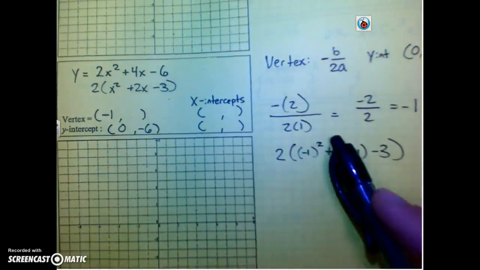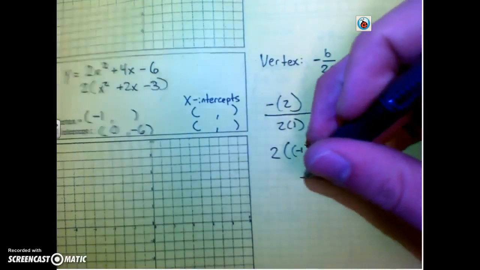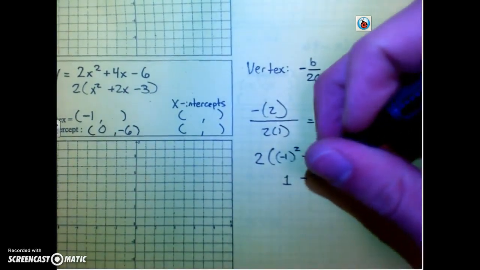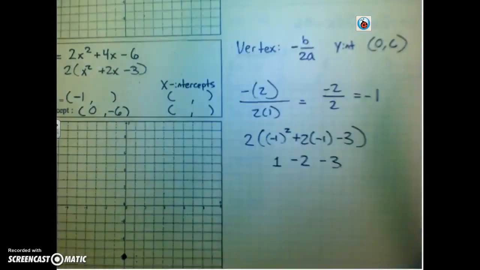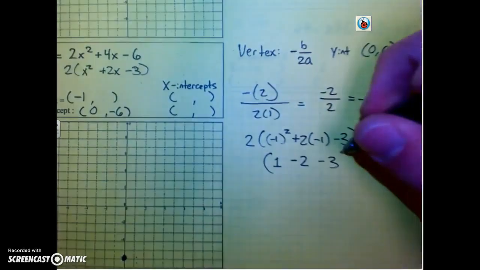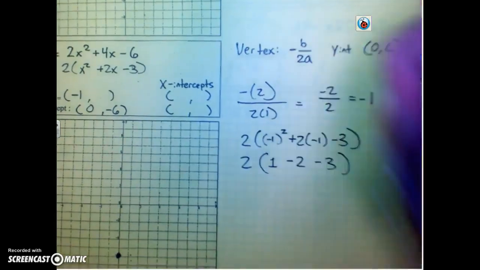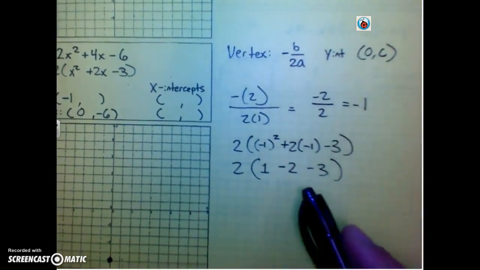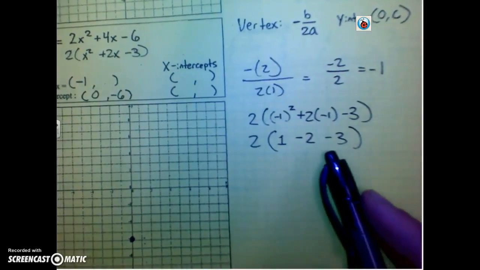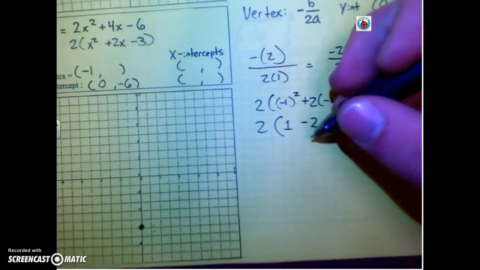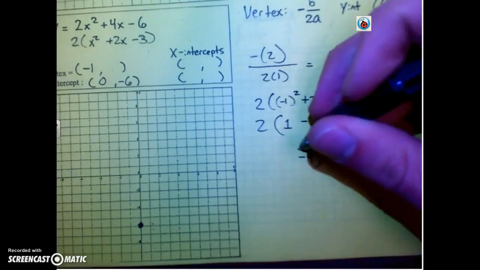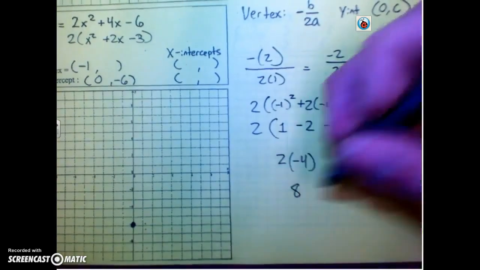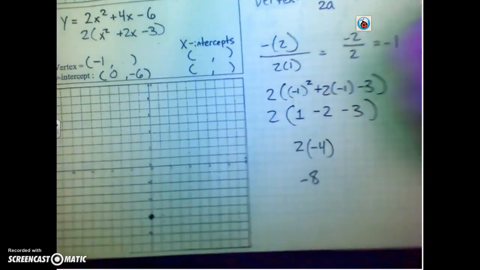Okay? Alright, now negative 1 squared. Let's turn it into a positive 1. Then 2 times the negative 1 gives me a negative 6. And we have a minus 3. And don't forget, we're all still multiplied by this 2 right there. Alright? So 1 minus 2 minus 3, I can put these together to get a negative 5. Negative 5 and a positive 1 is a negative 4. Alright? So it looks like the y-coordinate for my vertex is going to be a negative